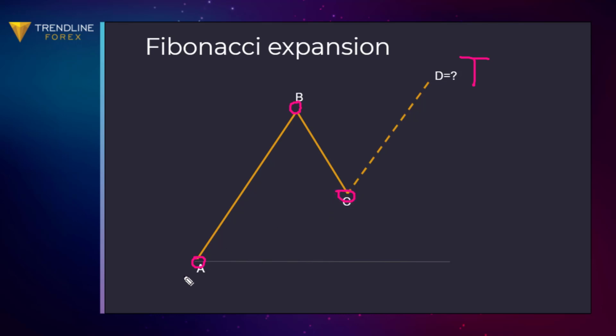Okay, so we're going to have to drag from point A up to B and again down to point C, and that would then give us the potential target levels, which in fact is not just one, but it will give us 3 target levels to look for. So in case of a strong move in our favor, we know that we don't have to close the trade at the first target level, but in fact we can keep it open, hoping to reach target number 2 or 3, or of course you can exit the trade and close out just half of the position at the first